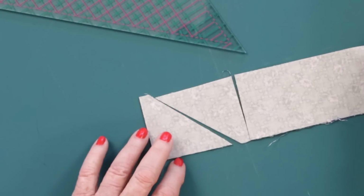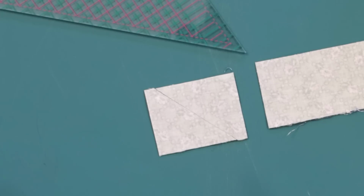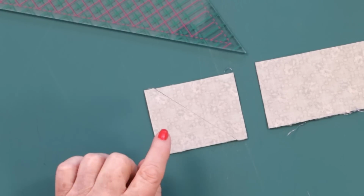Now here's why I got 2 of these, but do you see how that's not a square? That's a rectangle. That is why the ruler has the math in it that takes the difference of those eighths. So if I had cut a 2 7/8 inch square and cut it in half, it would finish exactly like